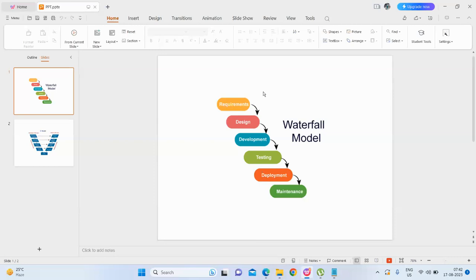They will also get some clarity from the customer. The requirement phase should be completed first. In the waterfall model, until the requirement phase is completed, the design will not start. Once everything is completed in the requirement phase,